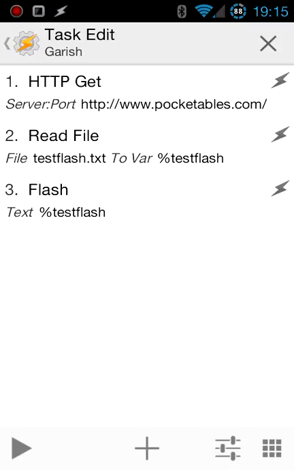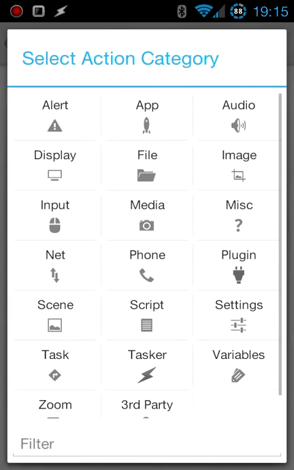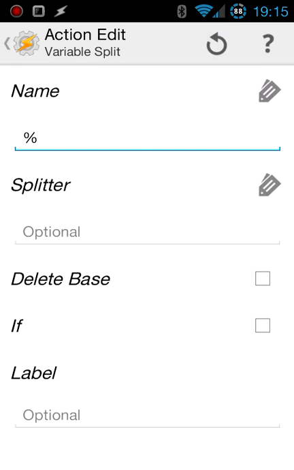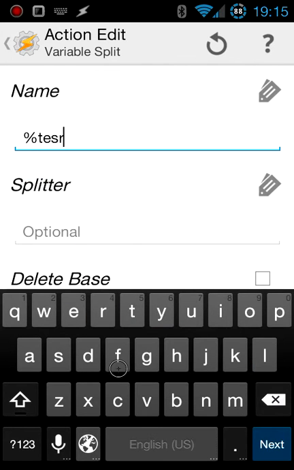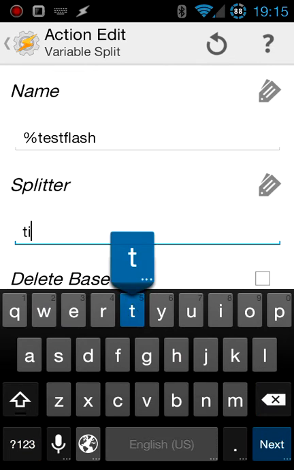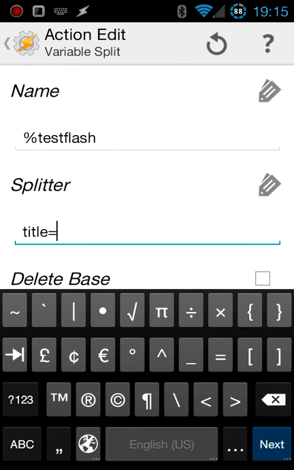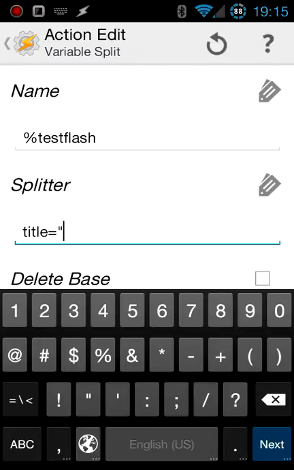So let's try to split by something. I'm just looking at the source on my computer. So let's try to grab a title or something like that. So let's try to variable split this. Apparently I can't type today. I split it by that. So again, I'm looking at the source on my computer, so this won't make all that much sense to